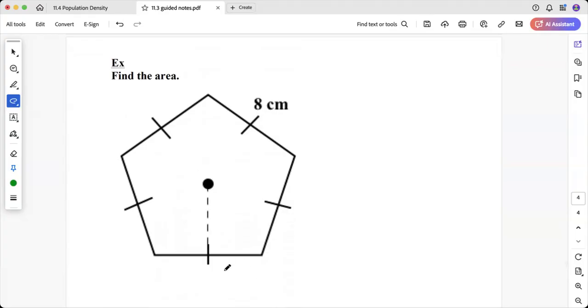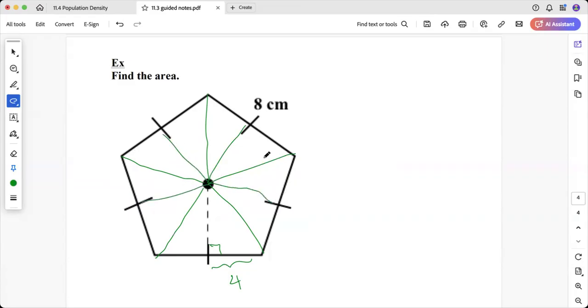Here we have the apothem. We don't know what that is. We know that the side length is 8, so I know that from here to here is 4. And here I can create my right triangle. Now, if you do 360, let's see how many triangles we have here. We have this triangle, this triangle, this triangle, and this triangle. And if I split them all in half, because I want to figure out this angle right here,